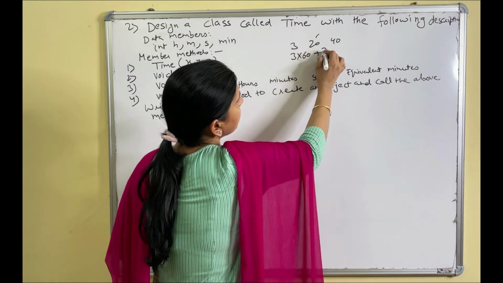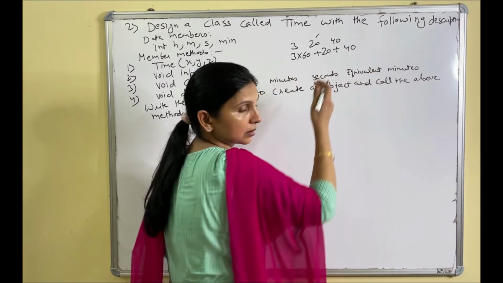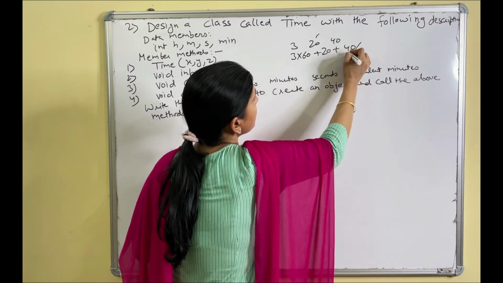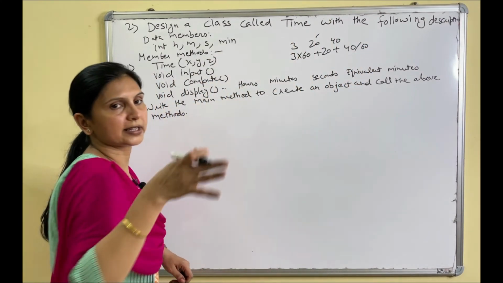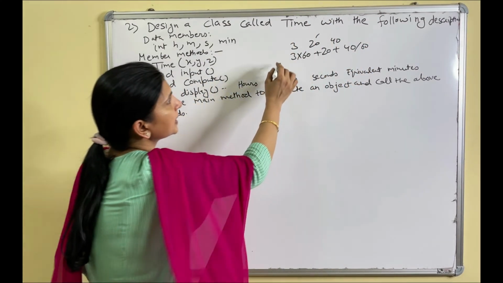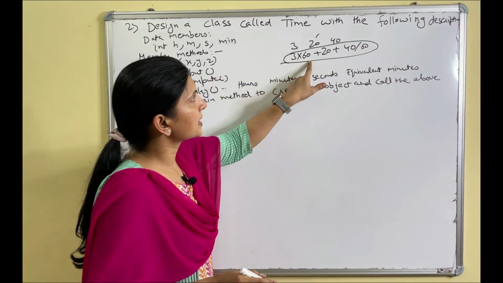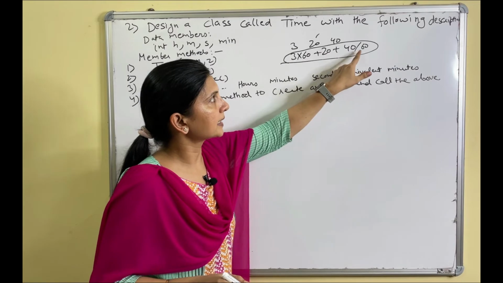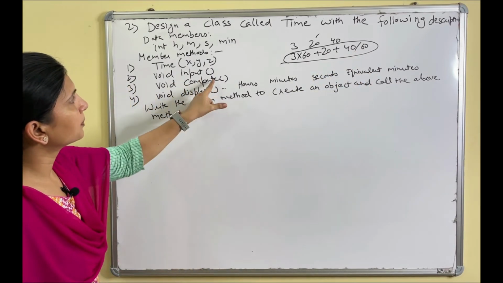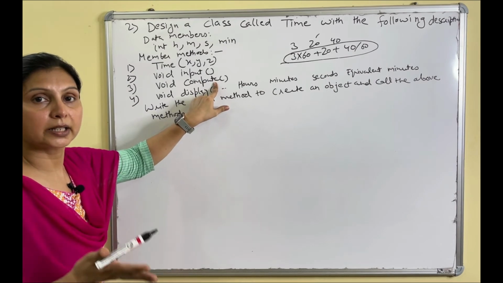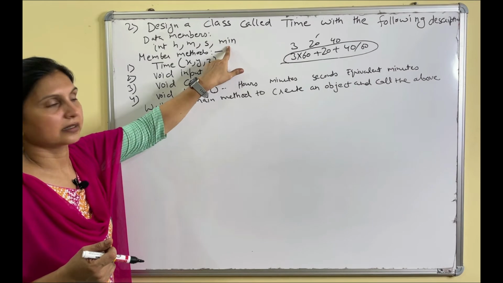This is already minutes, 20 plus this is seconds. How will you convert into minutes? 40 by 60. So mathematically I am showing, and in Java we will use 60.0. So this is the way to find out the equivalent minutes: hours into 60 plus minutes plus second by 60, right? So in compute we will compute the equivalent minutes, and that equivalent minutes we will assign in MIN, right?